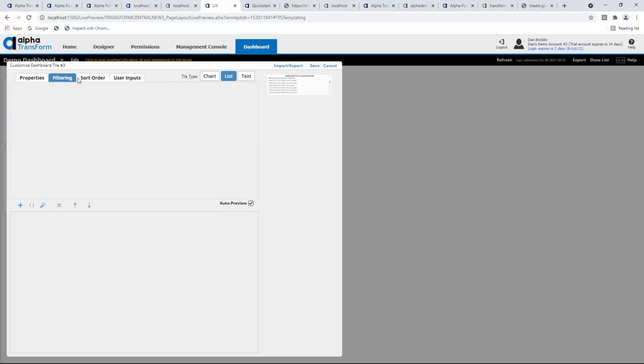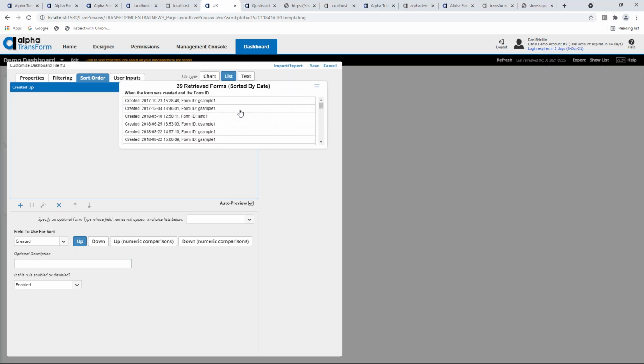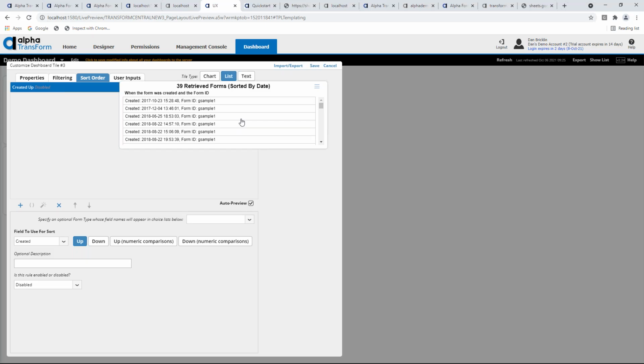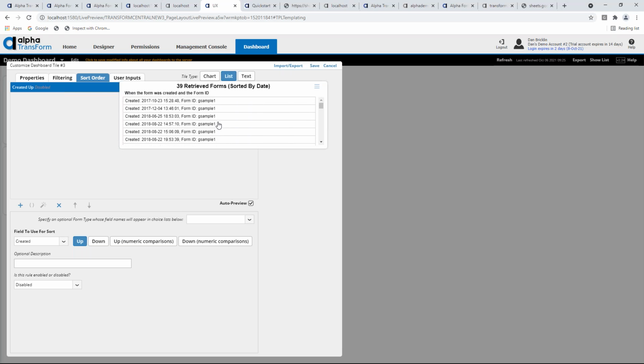So filtering, there's no filtering, but there is sorting. It's sorted by the created field, and it's sorted up. You can see that here, that it's 2017, 2018, etc. This is enabled, so let's disable that. Now that it's disabled, you'll see that it's not sorted. It's back to that original order, which is all of the G samples first and the Langser